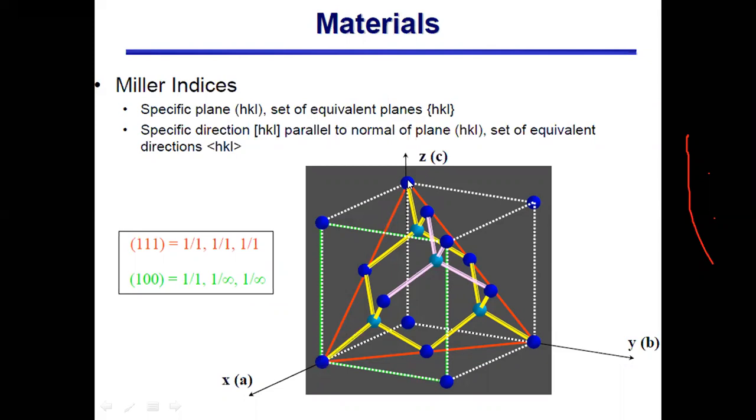Similarly, if we look at this plane represented by the red line, it is intersecting the x-axis at 1, so the reciprocal would be the Miller index, 1 by 1. It is intersecting the y-axis at 1, so the reciprocal is 1 by 1. And similarly, z is 1, so 1 by 1 is 1. So the Miller indices for this plane, represented by the red color, are 1, 1, 1. So normally we identify the silicon wafer by the plane which is located at the top surface